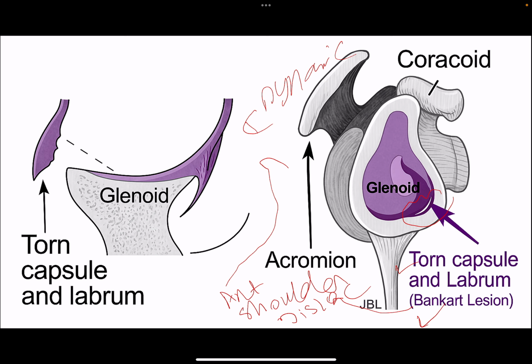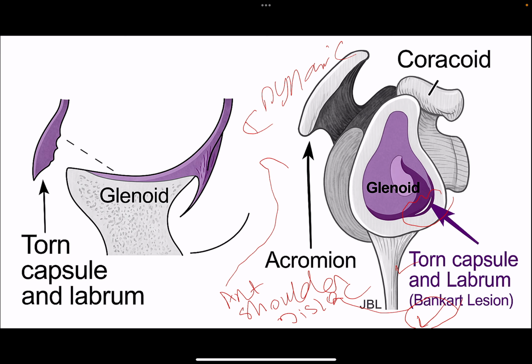Because if there is no labrum, the humeral head easily dislocates from the glenoid cavity. Bankart lesion is one of the most common injuries related to anterior dislocation, and it will lead to chronic anterior shoulder